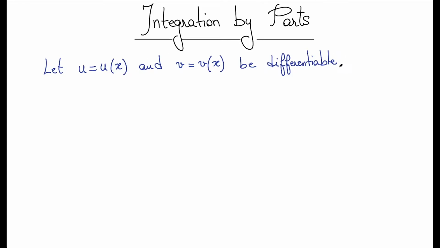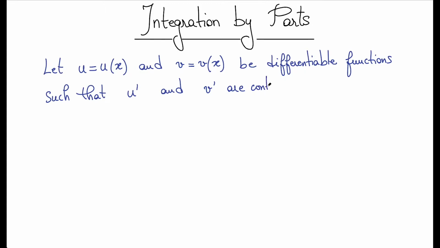Let's say u and v are differentiable functions. And let's suppose further that their derivatives, u prime and v prime, are continuous functions. So u prime and v prime are continuous. Okay, so we can integrate them. All right. Then